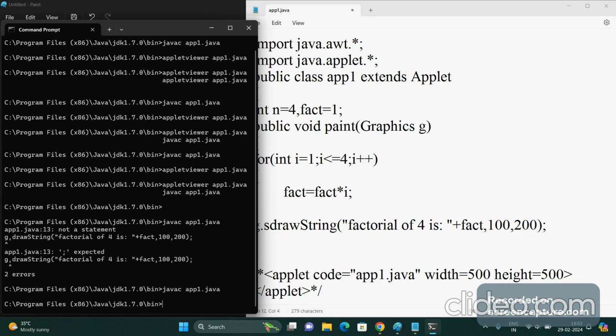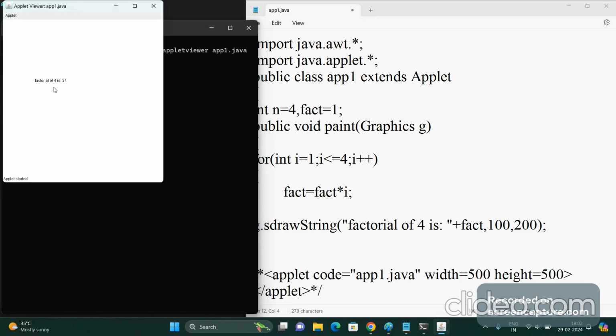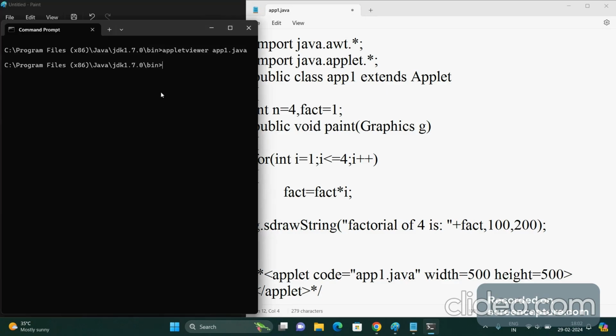Run the code. We got the answer: factorial of 4 is 24. Now, moving on, the next